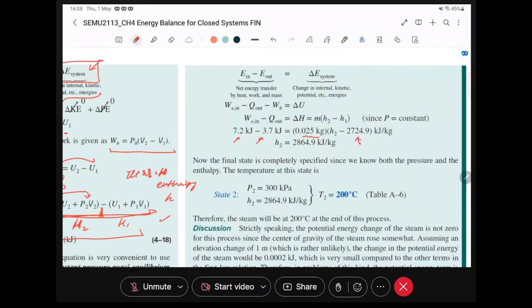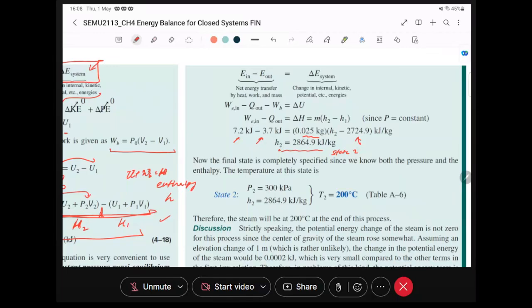Then we should be able to find out the specific enthalpy at state number 2. This is at state 2, hence the H2. Okay, so now that we know the specific enthalpy at H2,